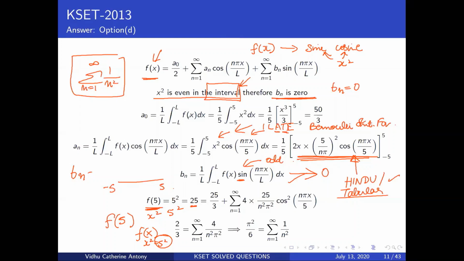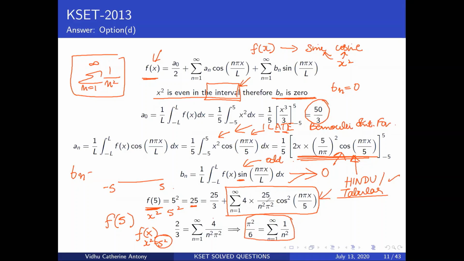A naught by 2, you've already calculated A naught here. So 1 by L, integral from minus L to L, f of x dx is your A naught. When you calculate that, you end up getting 50 by 3. So you put that up here, A naught by 2. That's why you got from 50 to 25. You substitute this value here. Whatever calculation you got from this integral, you substitute it here. And then you end up calculating this elaborately.